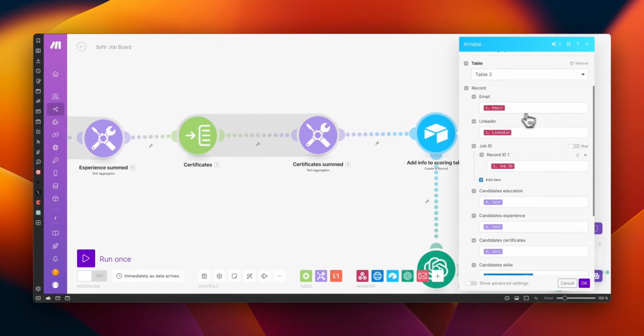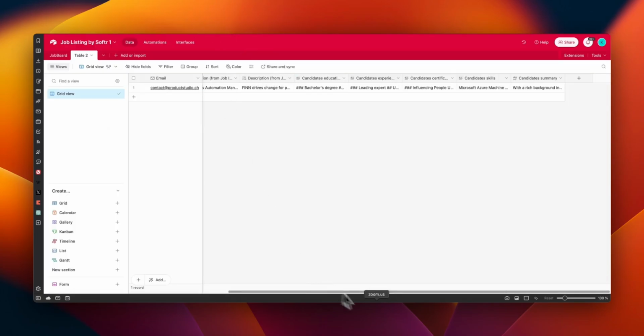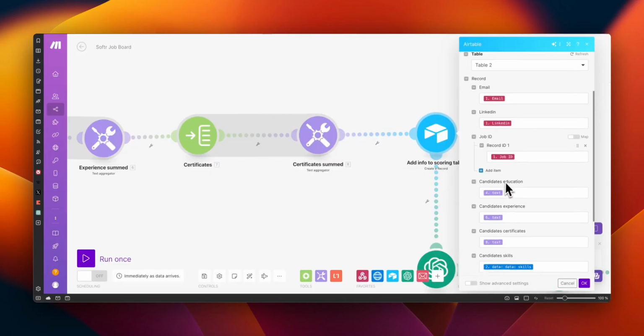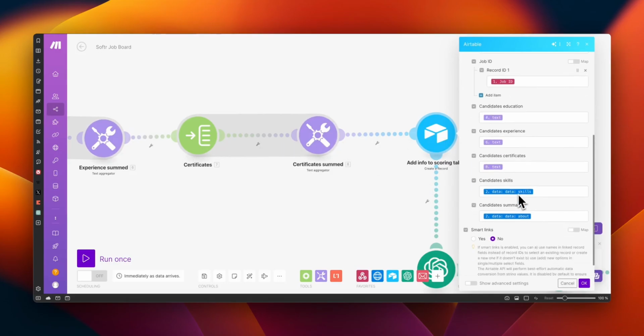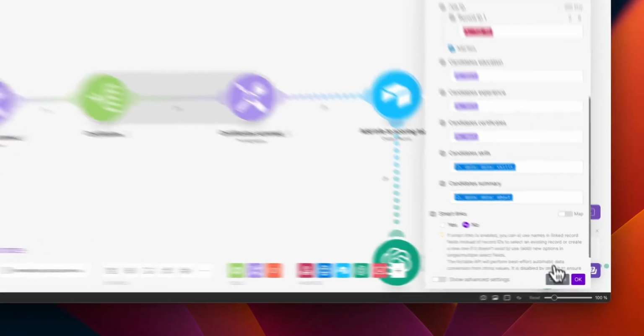And there I'm saving email, LinkedIn, and the important part, job ID. So to be able to create this relation, I had to pass this job ID, and then you see it automatically connects me to this job listing. And then of course all these text fields, so education, experience, certificates, and skills in summary were not array fields,